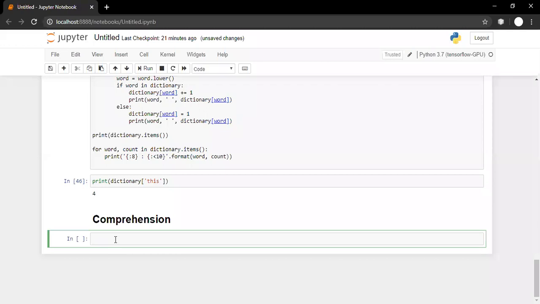So the question arises: why is comprehension important, why is lambda function important? The obvious answer by many students or many people is that it reduces the number of lines of code. But believe me, it is not about reducing the number of lines of code. It is about increasing the speed. It is about increasing the speed. So how does it increase the speed?